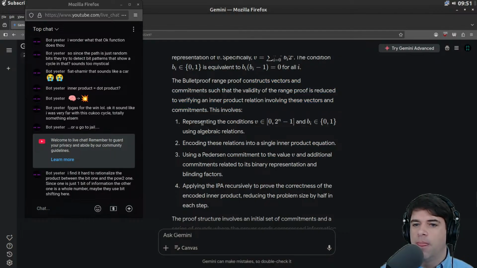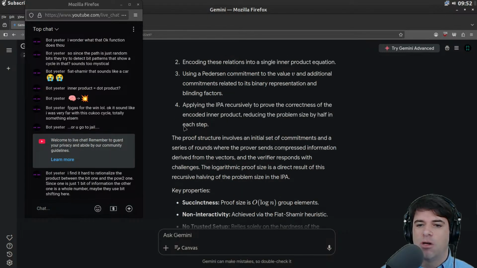So you're going to represent this as algebraic relations, which is not hard to do. And then they're going to encode them as a single inner product equation, which should also be not hard to do. You kind of just have to write down the thing. And then we're going to use a Pedersen commitment to the value of V, and additional commitments related to its binary representation. And then we're going to apply the IPA recursively to prove it correct.